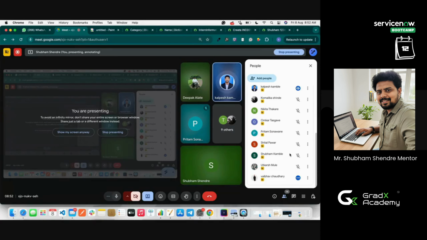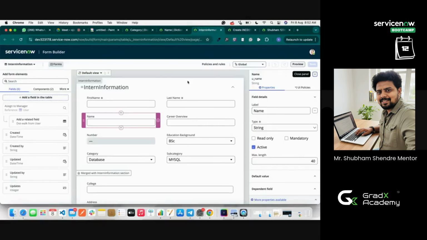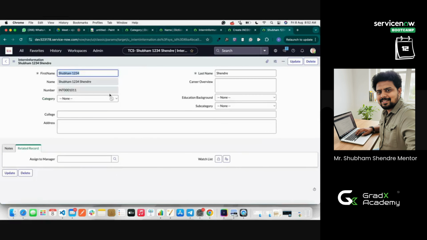Yes, Shubham. So the current dot u_first_name, that we will discuss. Don't worry, if you haven't understood. If you don't understand this current dot something, current is ultimately a parameter which holds the value of the entire record, meaning whichever fields we are inserting in the record. Suppose here I chose a category, current dot category, for this record what will come, database. Okay, perfect. Next,